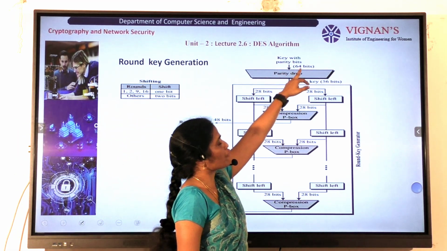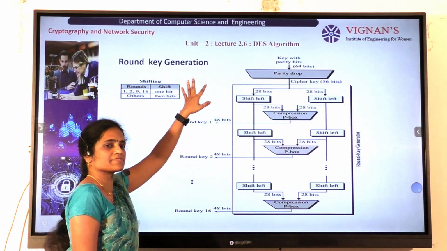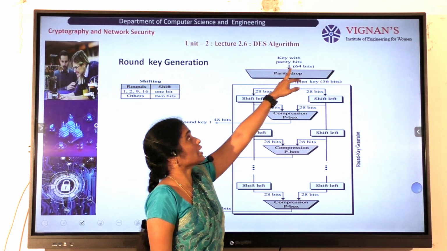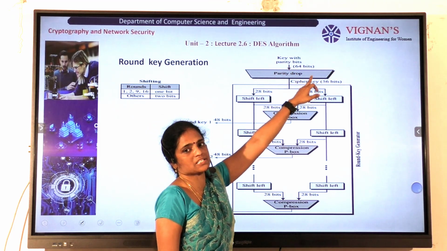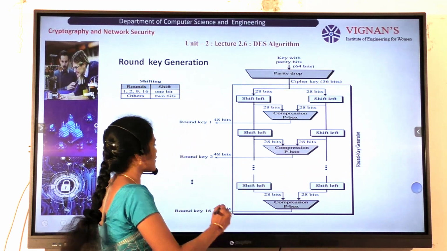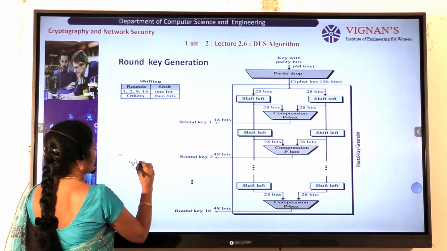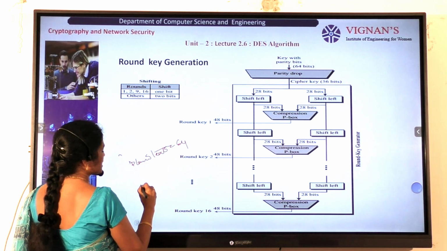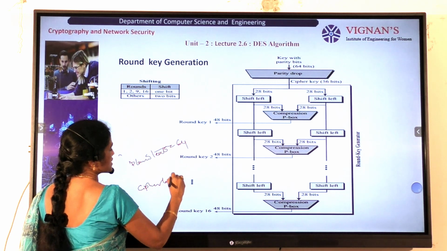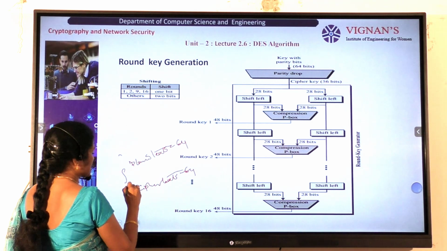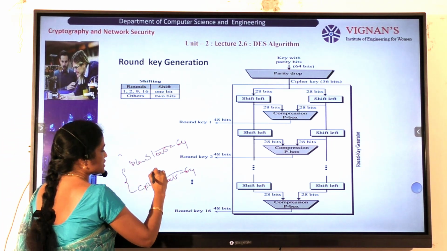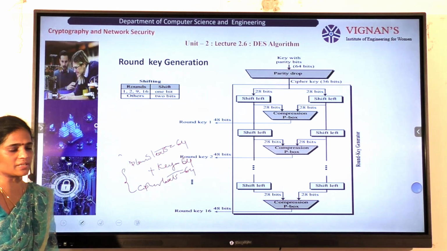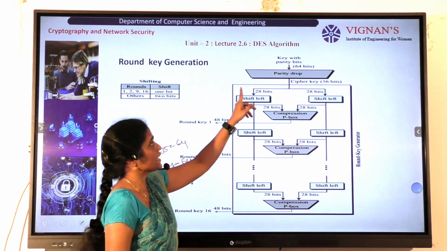we are taking a 64-bit key. Actually what we said in DES is that we take two inputs, one is the 64-bit plain text and another one is the 56-bit key, but here we are given 64 bits. Our plain text is 64 bits, so the cipher text is also 64 bits. But to encrypt or decrypt the data, here we are using a key. The key is also taken as a 64-bit key at first, but this 64-bit key is given to